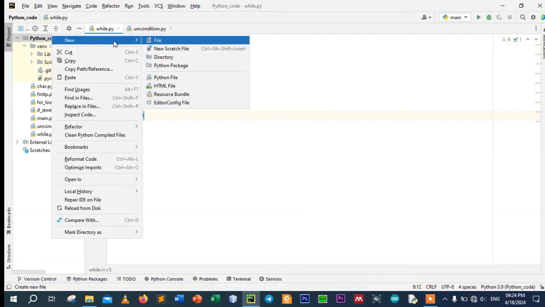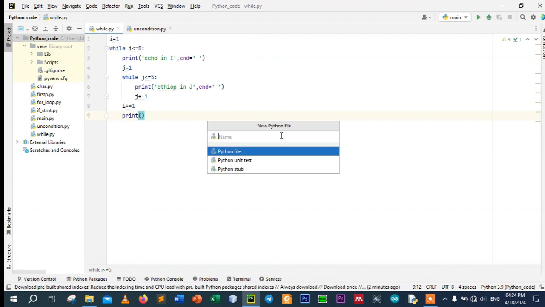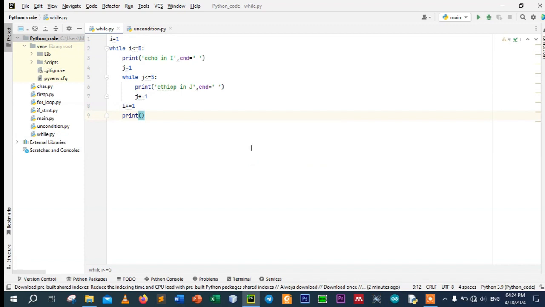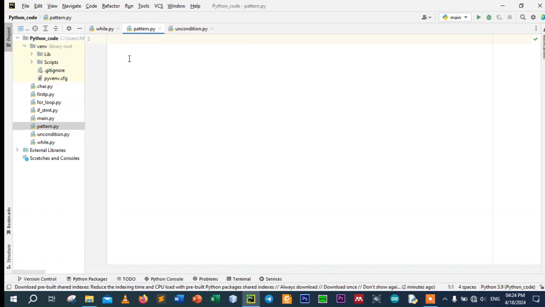I have to create a Python file, pattern.py. For example, if I want to draw an asterisk pattern of a rectangular or square shape, 5 by 5,